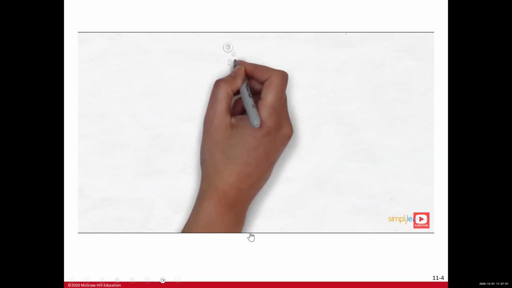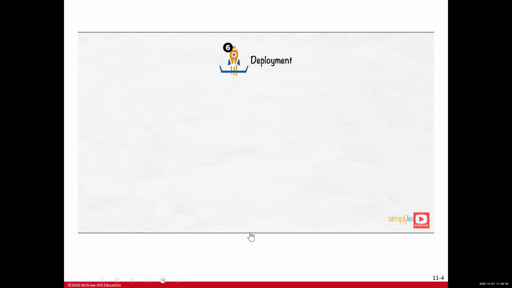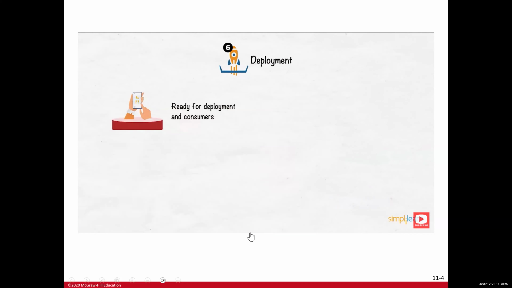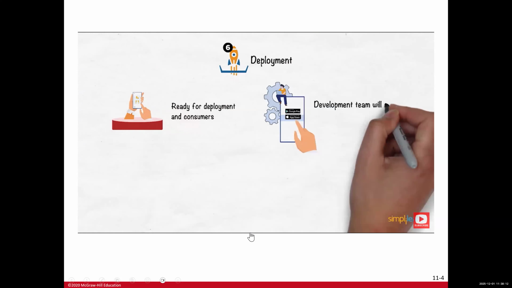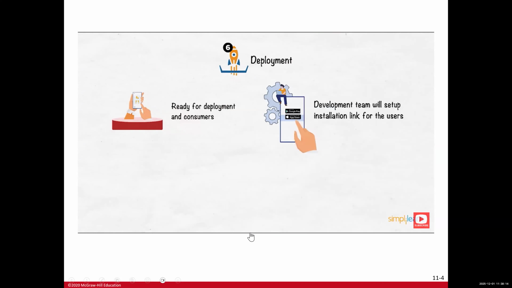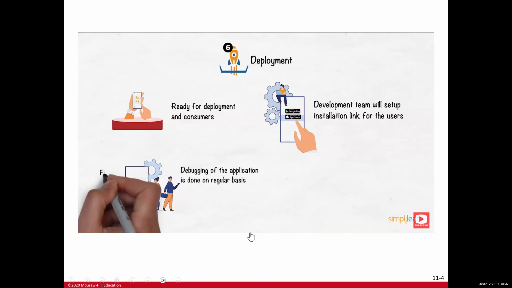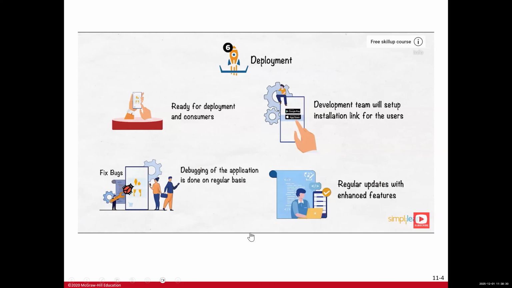As for the last stage in the SDLC lifecycle, the deployment and maintenance phase is initiated. With the testing phase completed, the software application is ready for deployment and consumer use. In this phase, the development team will set up links for the application and make it accessible to the users. After the deployment is completed and users begin using the application, they may encounter an error or a bug in the application, which is to be solved from time to time. Maintenance also includes releasing application updates and enhancements for the software for better performance and user experience.